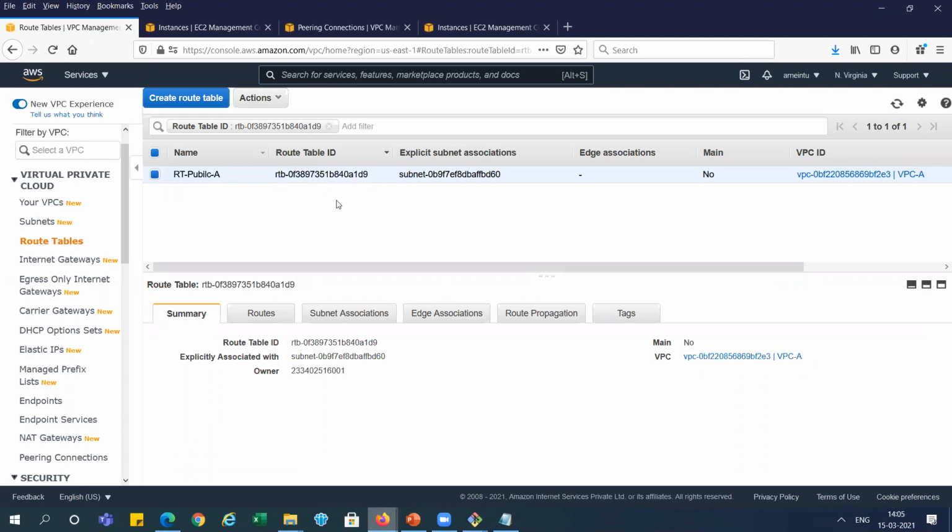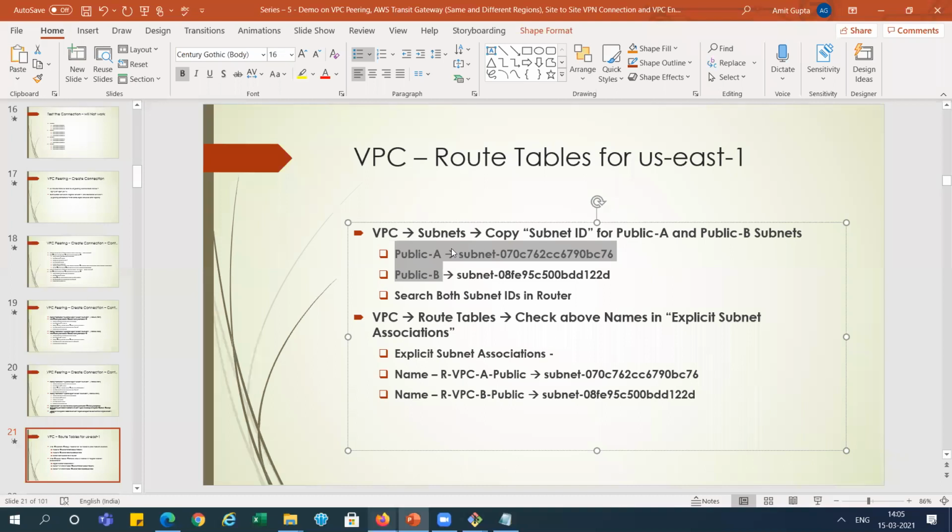So we got this route table. Same thing, we got it here. And here we need to define the name for that, right? Route table for VPC A and route table for VPC B public.